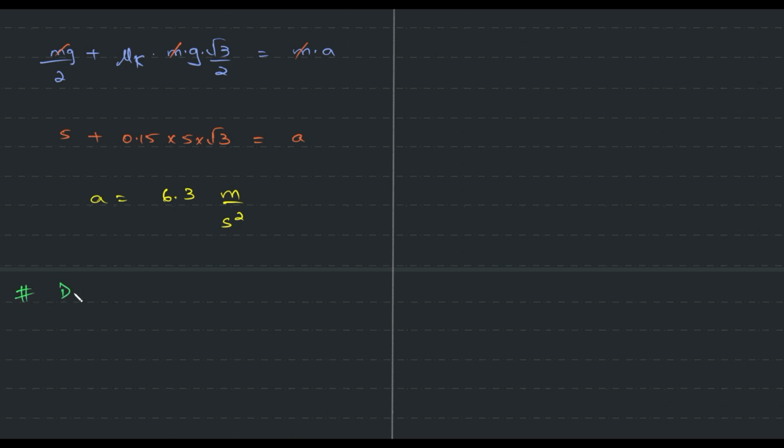Now distance is what we are trying to figure out. So we can use v squared is equal to u squared plus 2 a s. v squared is 0, u squared is 20 squared, plus 2 into 6.3 into s. So s will be equal to,